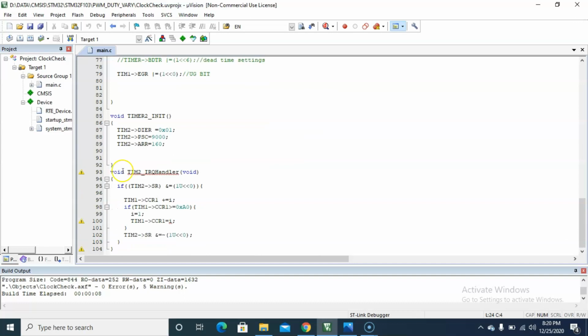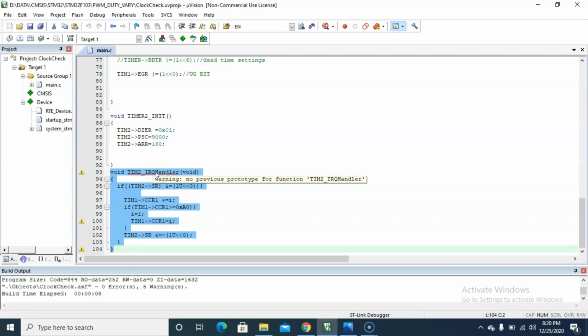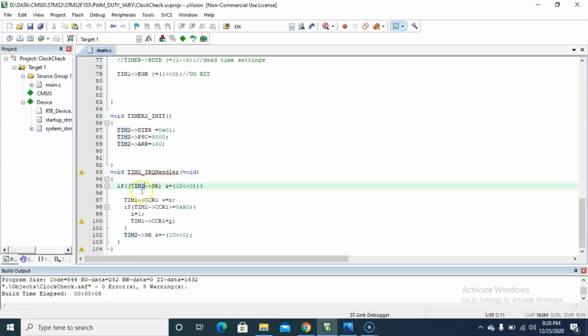So whenever after a fixed time, the control comes here in this timer 2 update interrupt service routine, and here I am increasing the value of the CCR1 register, so the duty cycle is increasing, and after a fixed interval of time it resets back to 1 value.